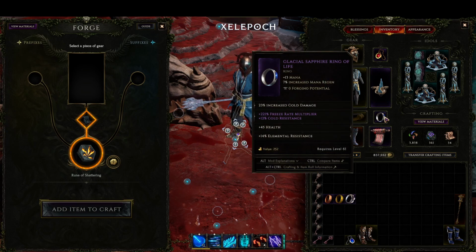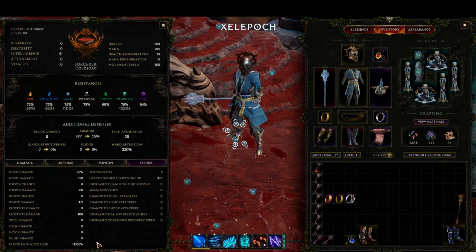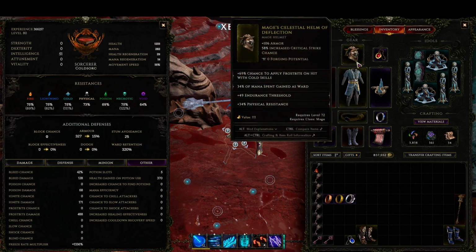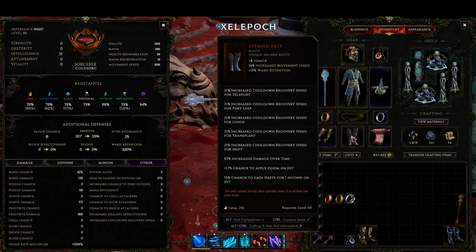So the goal of this build is to max out freeze rate. The attempt is to make it such that your best defense is the opponent not having any offense. The most important stat on your gear is going to be Frostbite, because that is both a dot and a multiplier to your freeze rate. Freeze rate with cold cooldown, with cold